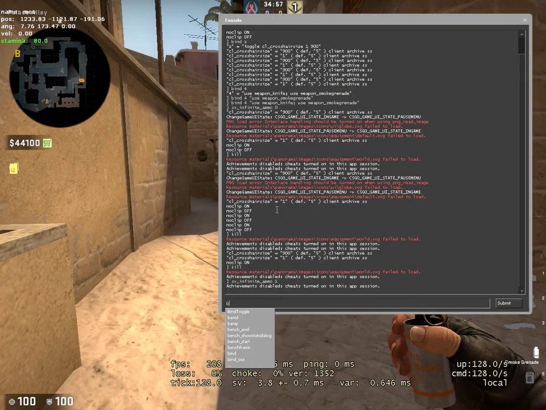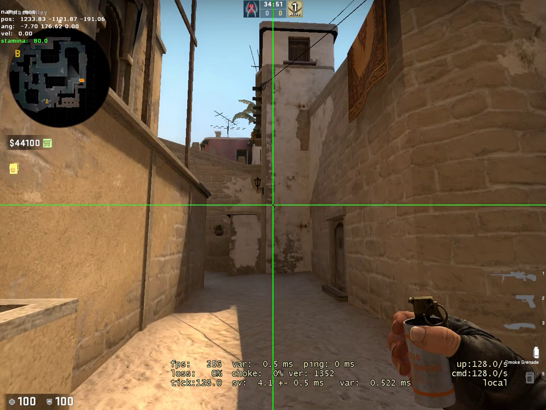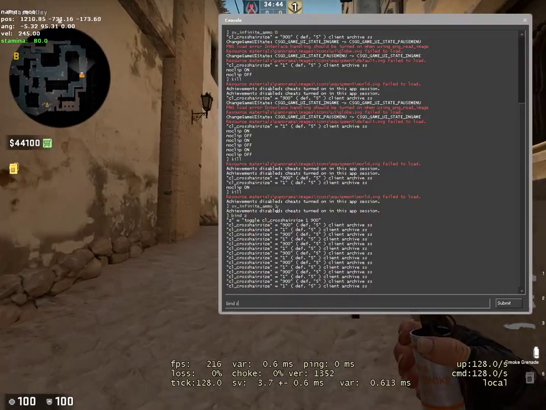Now I want to show you also this Z command that I have. I've bound to Z this thing, which makes my crosshair wide. It's a useful command to have in general. So yeah, you can just paste it. I'll have the command in the description. Another thing is you want to have